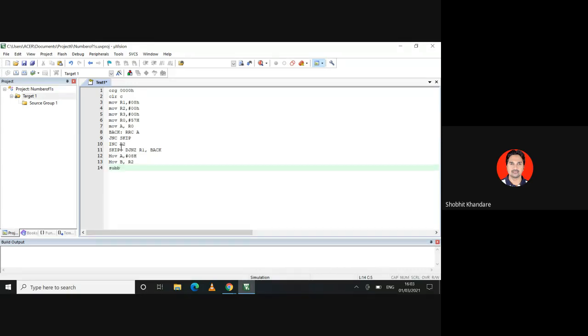and after that you have an instruction SUBB A, B. So here if you subtract A, B, then it will give you the answer in accumulator A, and actually the answer in accumulator A is the number of zeros, okay. So I want that number of zeros should be available in R3 register.